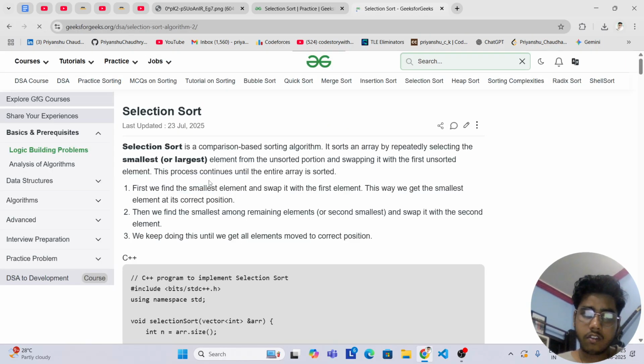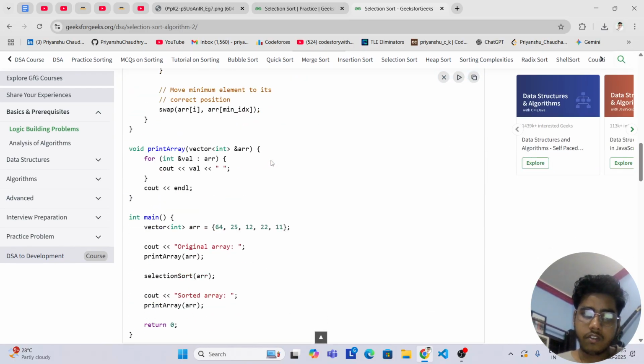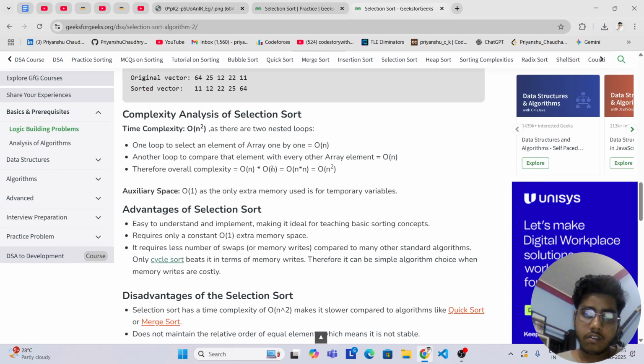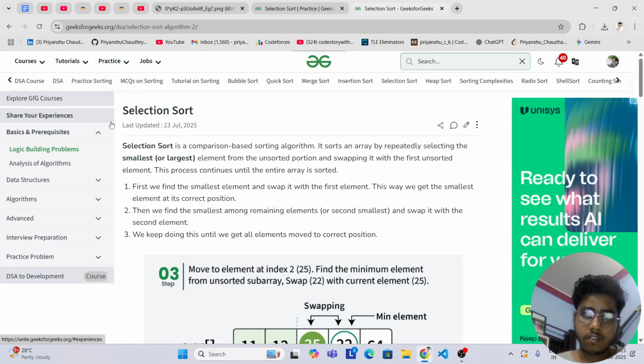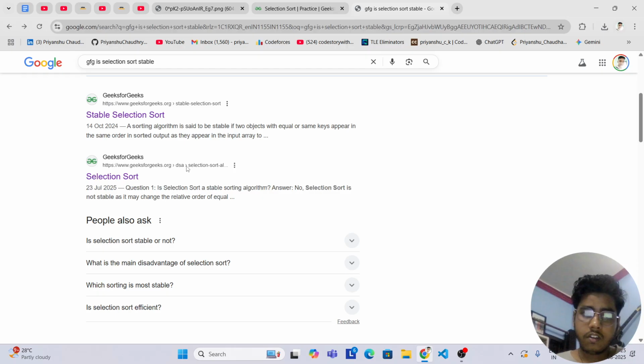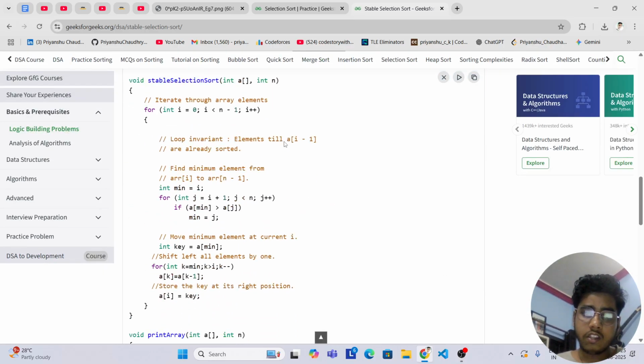It's written here that selection sort is not stable as it may change the relative order, but it can become stable if we use the stability code like they did here.